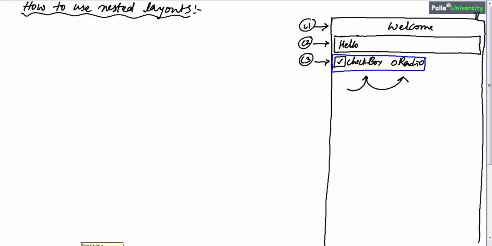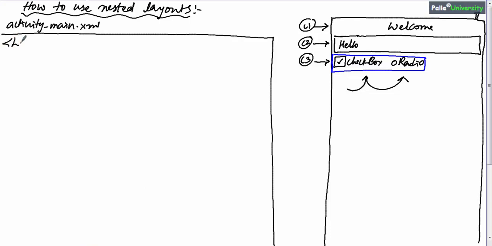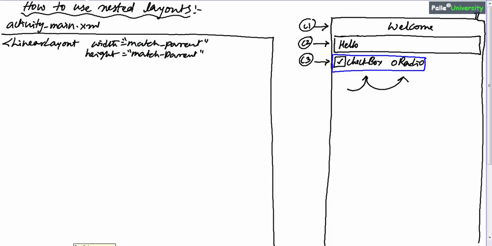Now let me write the XML file for this and I will explain the code. The root element is linear layout. Let us say width match parent, height also match parent. With this you are saying that the outermost layout height is match parent, that is, it will occupy the entire phone screen height, and width is also match parent.